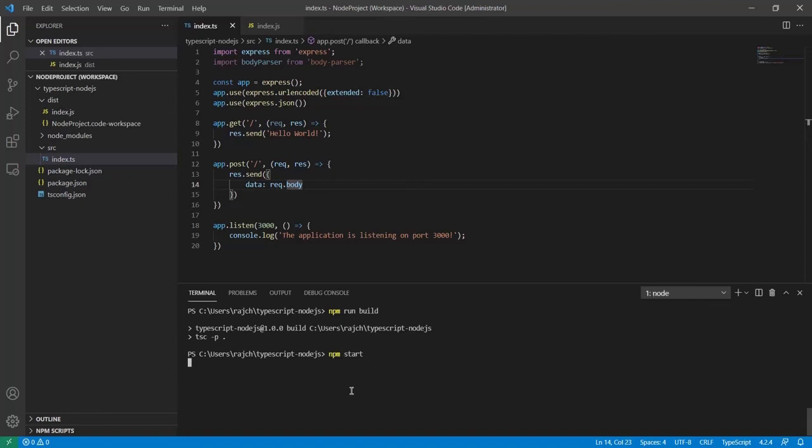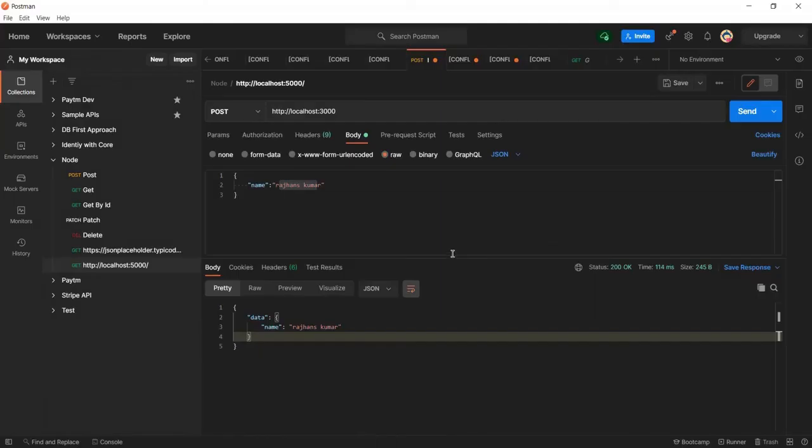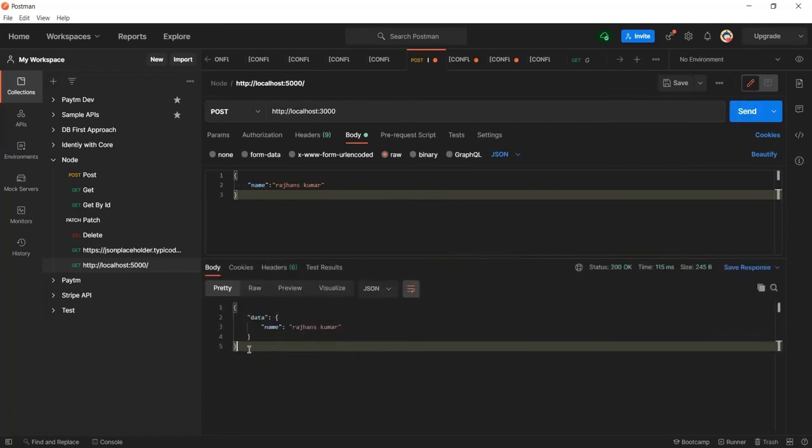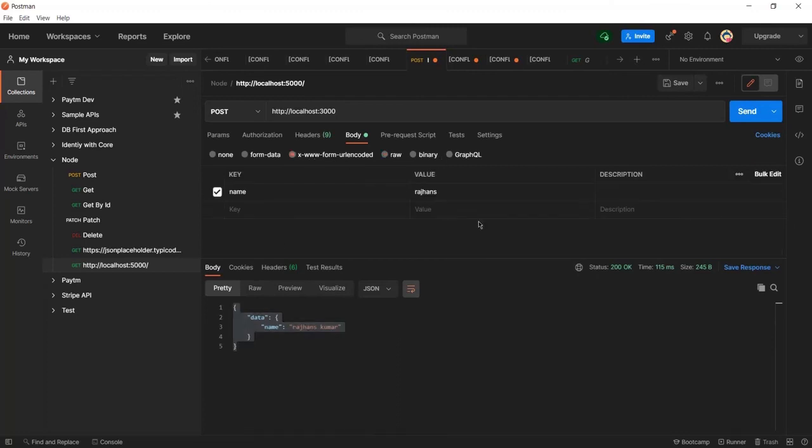So it will run the JavaScript file again, and you can see now our application is listening at port 3000. So let me go ahead and hit the same request again. So you can see I have received the request here, and let me also send the request in x-www-form-urlencoded.